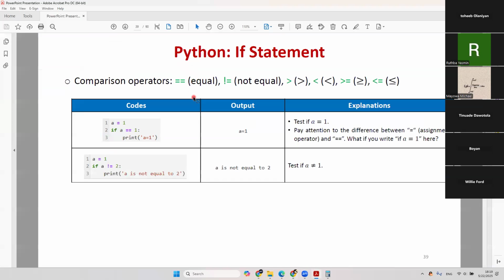It's equal. Sorry, give me 1 second. Yeah. Sorry, my cat is in the room. Just kick it out. Okay, so